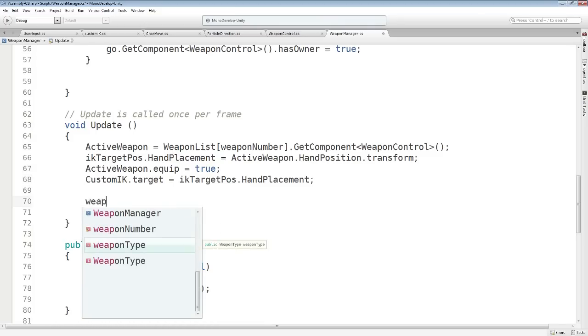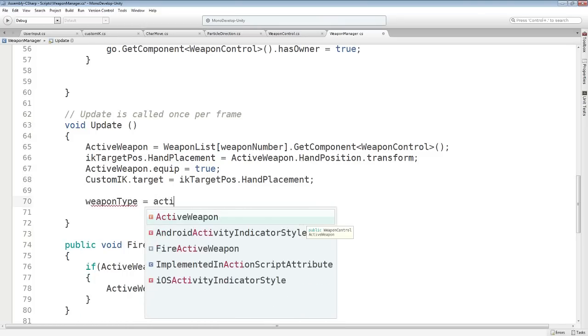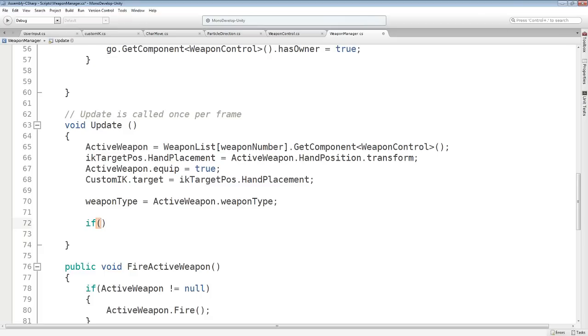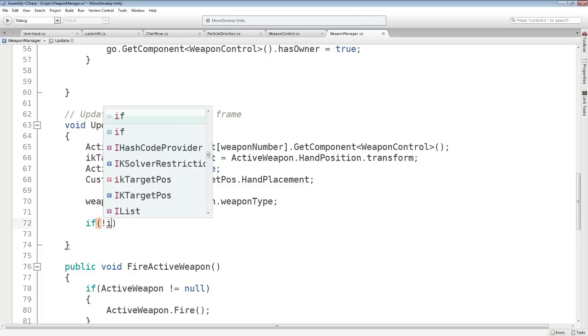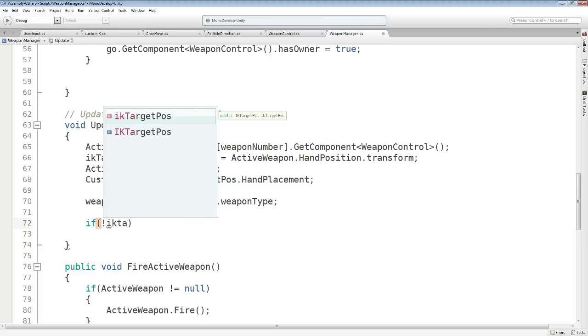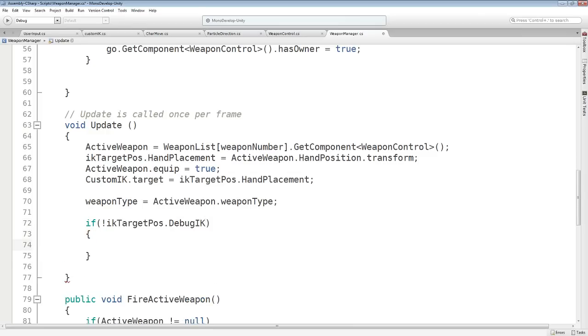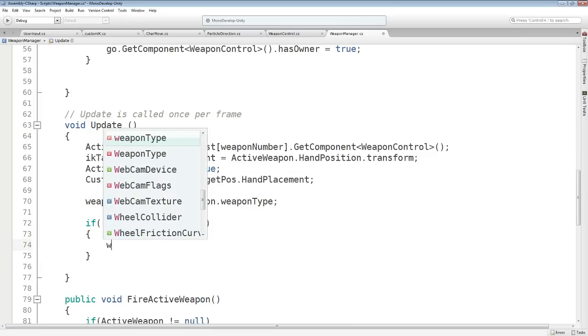Now the weapon type we have right now is the weapon type of the active weapon, and we will say if it's not in debug the IK,